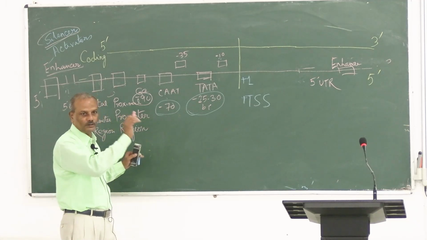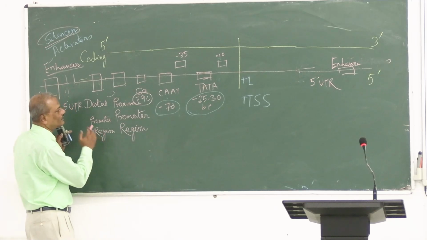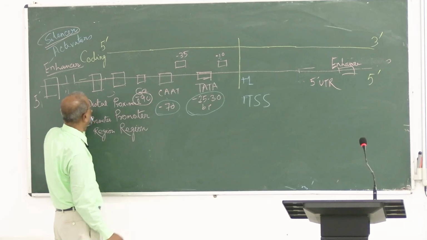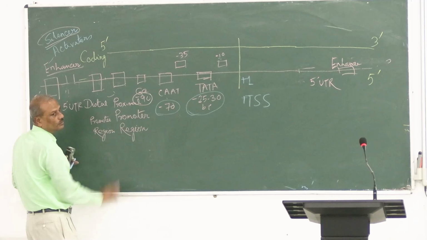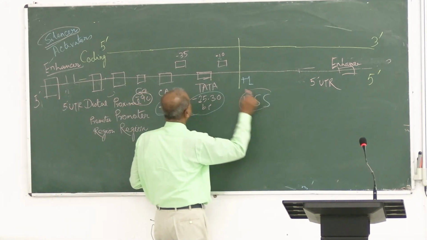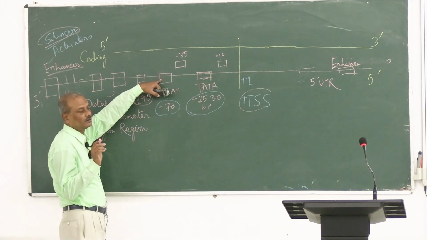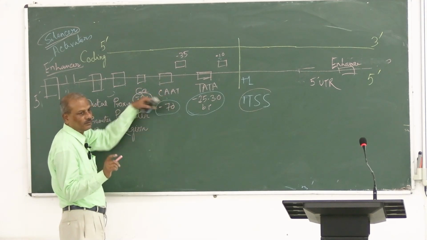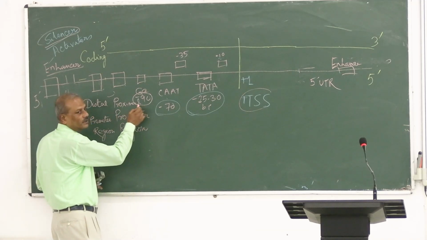Remember, I will show you in one slide. So basically, the primary transcript is formed, which includes this part also. So transcription starts right here. The first point of contact, earlier it was at CAAT, now it is at the GC region, because this will be a little bit ahead upstream.